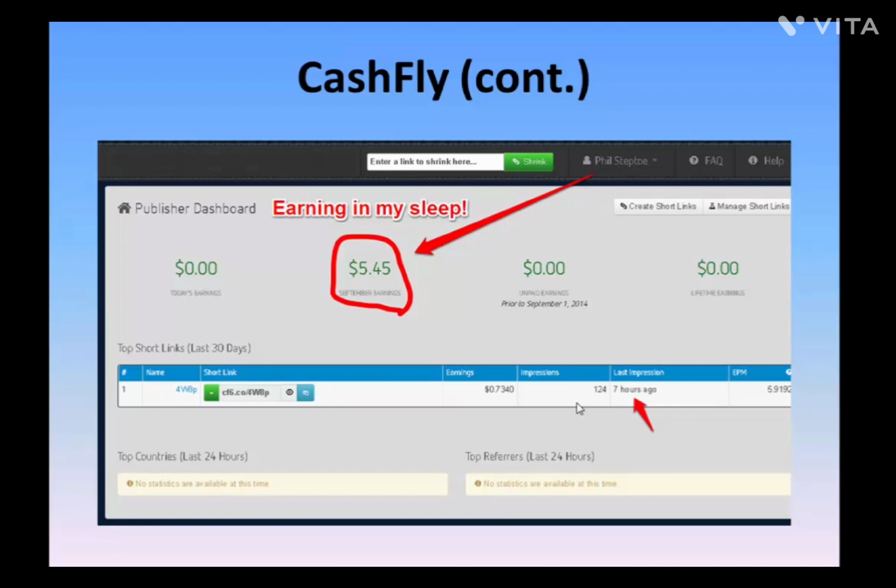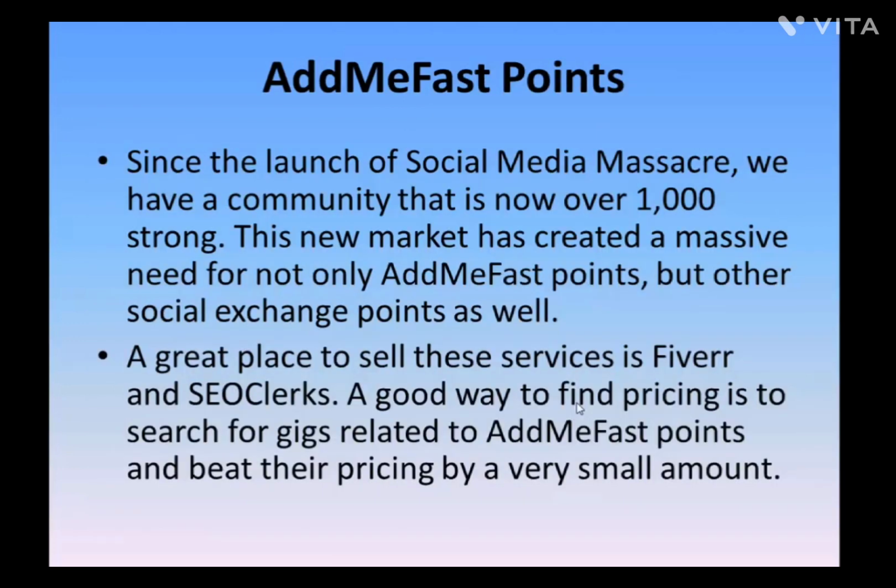Remember that this method is geared for the autopilot approach, so you're definitely going to want to send as much social media exchange auto surf traffic as possible. I also include some social network clicks in there as well so that I can target countries that tend to pay well. So once again, this is sky's the limit. You choose how much you make with that.